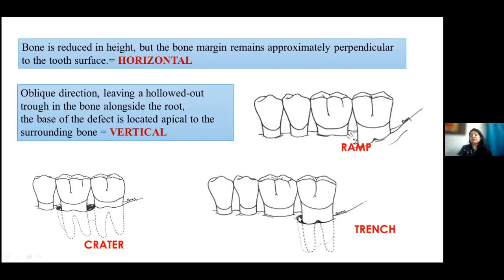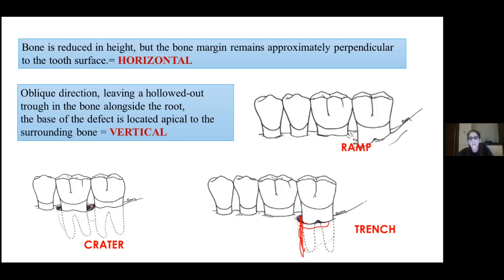Trench means from above, it will only seem like a small defect, but it is deep when you go along the root. So trench means there's no bone over here also. It's like a tunnel. A trench is what army bases used to make, right, to seat their soldiers. From outside it appears only this much, but inside also along the root it's all hollow. Ma'am, is a trench only on one root, not both sides? No, ma'am, it can be on both sides.